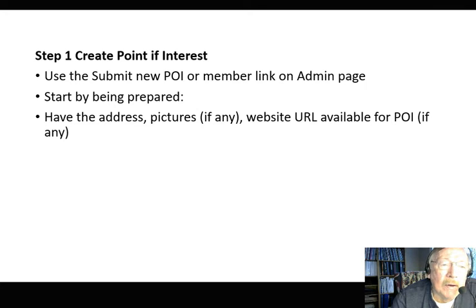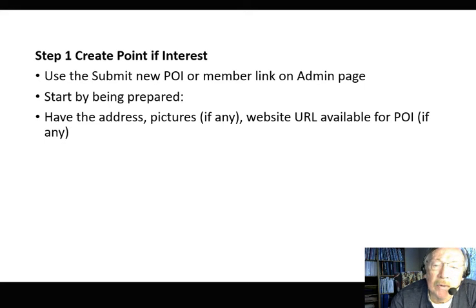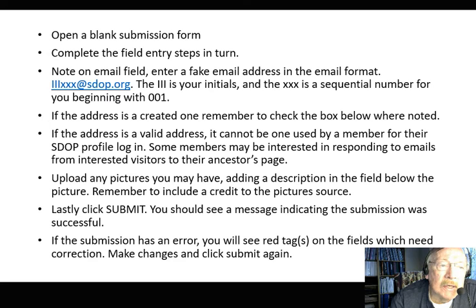So, how to get started? Let's begin with an example today. The first thing to do to make sure you're successful is come with an address, pictures if you have some, a website URL, and any other points of interest that may be available. So let's click on here and say,